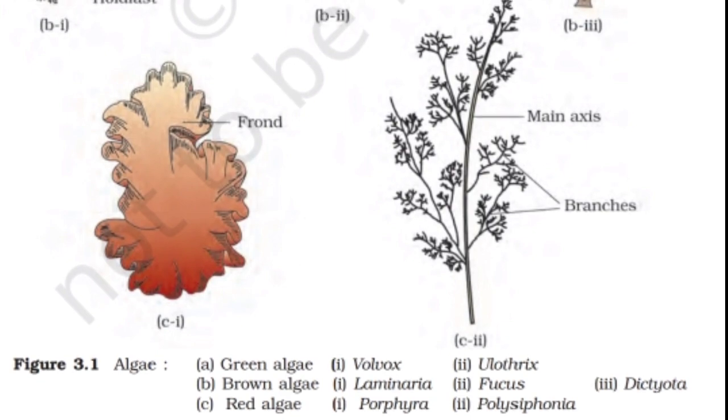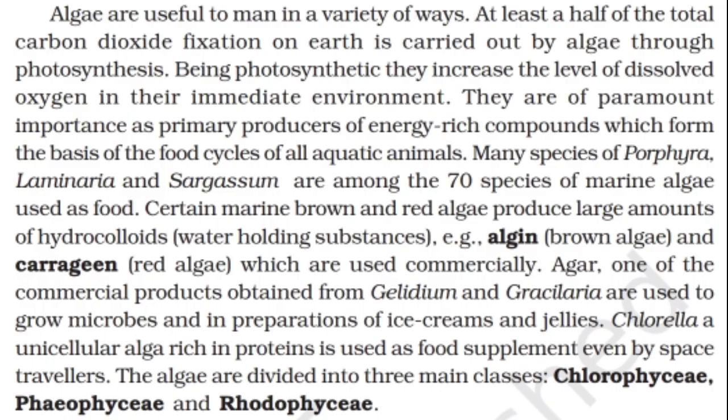second Polysiphonia. Algae are useful to man in a variety of ways. At least half of the total carbon dioxide fixation on the earth is carried out by algae through photosynthesis. Being photosynthetic, they increase the level of dissolved oxygen in their immediate environment. They are of paramount importance as primary producers of energy-rich compounds, which form the basis of the food cycles of